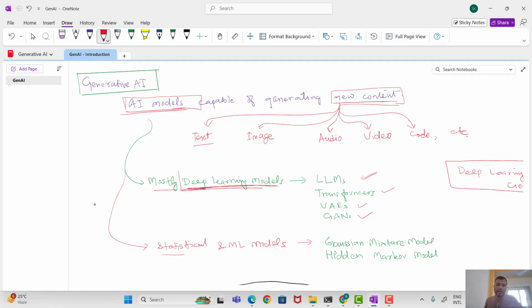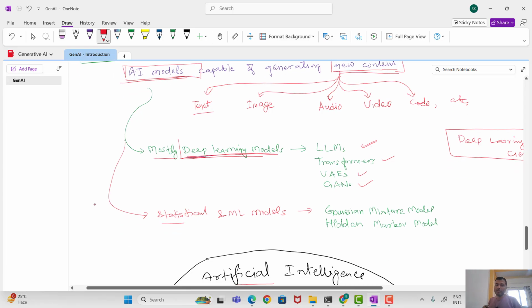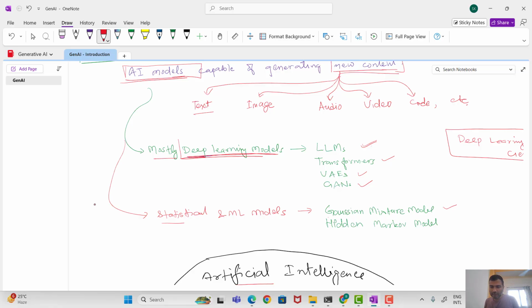There were generative models before deep learning models that were being used to generate some data, some training data or some sample data in statistics. There are some examples of generative models that were being used before deep learning. They were statistical and probabilistic models. One is the Gaussian mixture model and the other is the hidden Markov model. These were models that were able to generate some data.